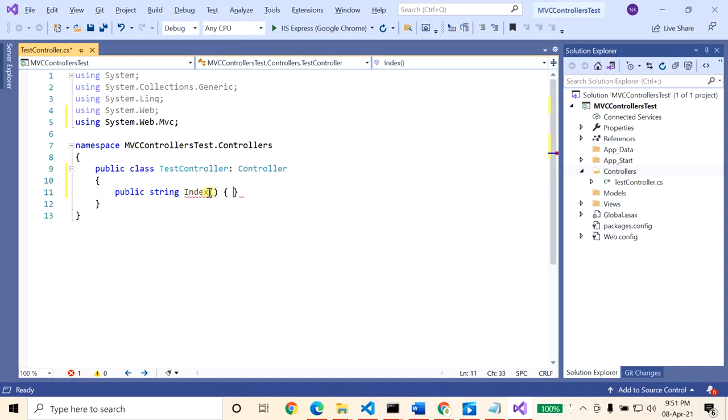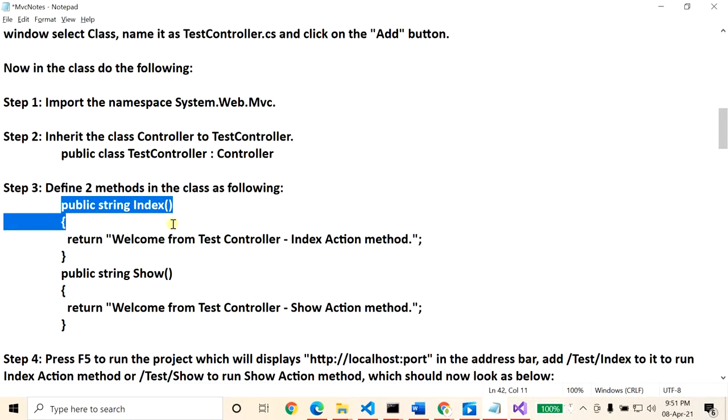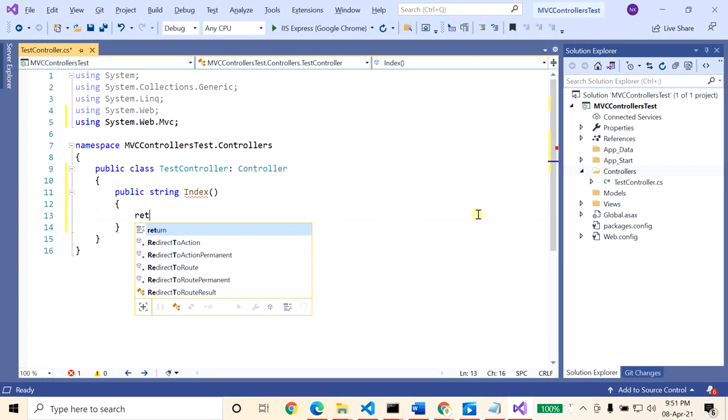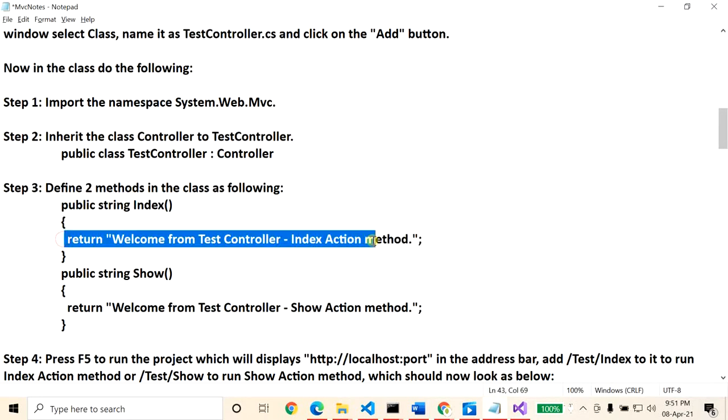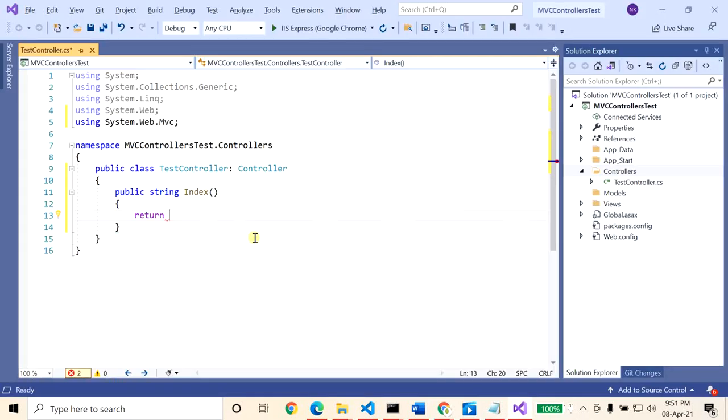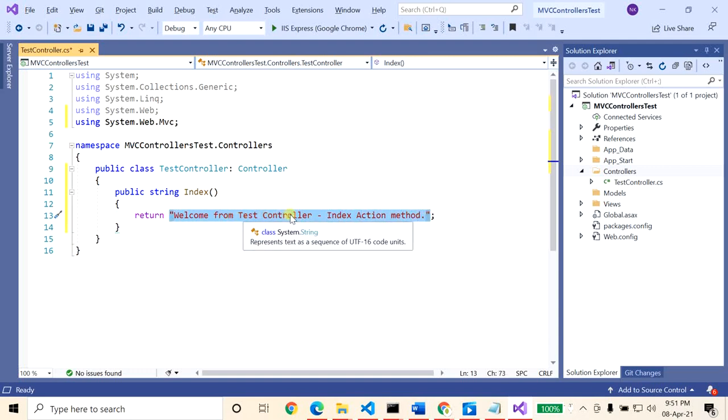Index is the action method name, and it will return the string "Welcome from TestController Index action method".